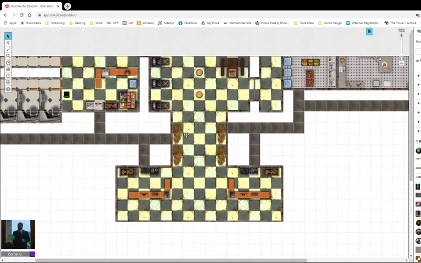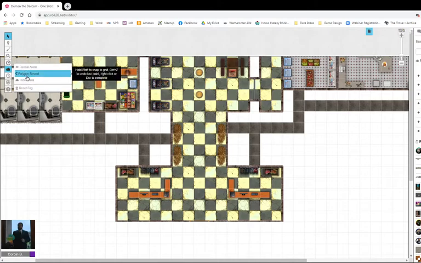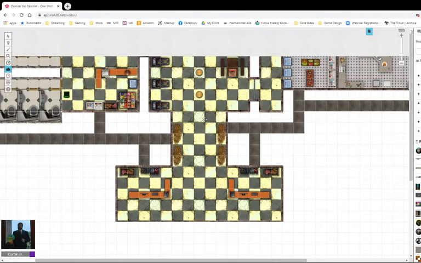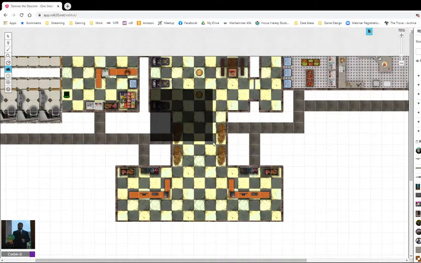Now, let's see. If you're in Roll20 and you want to create a little bit more of a tense situation for your players, perhaps in this scenario we have enemies that are going to use some air vents to ambush or sneak up on the players, but I want to make it a little bit more tense than usual. So what I'll do here is I'll go to hide area in the fog of war screen,